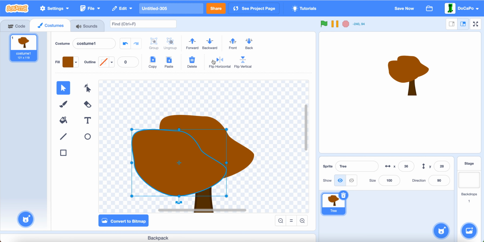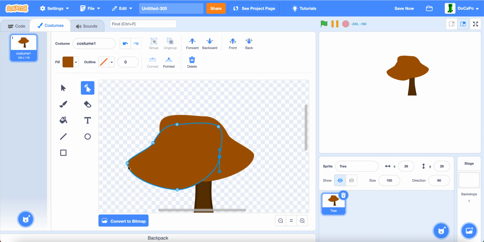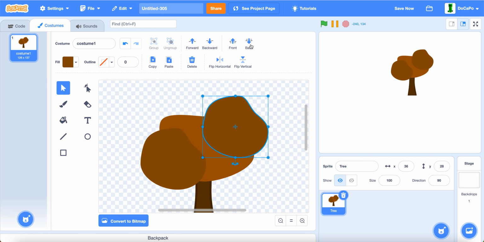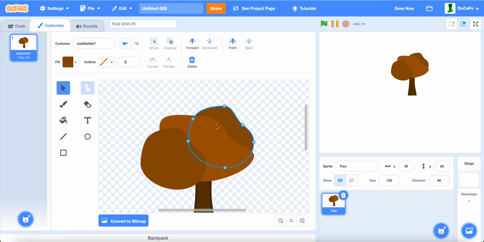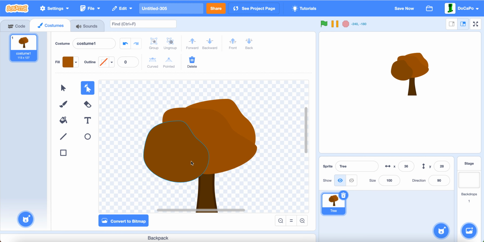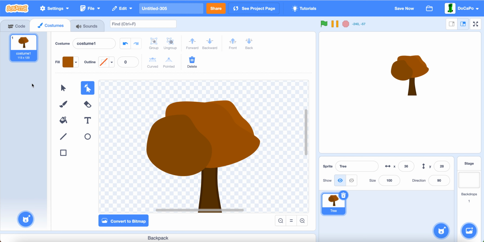Duplicate it, flip it horizontally, change the shape a bit, make it slightly darker, duplicate it, make it go back, change the shape a bit, and make it lighter. Now, after you're done with the tree,